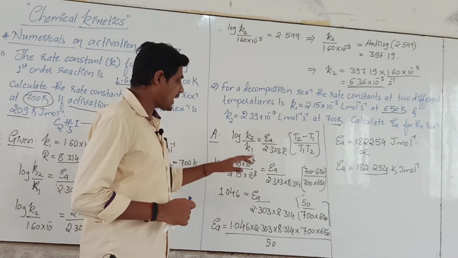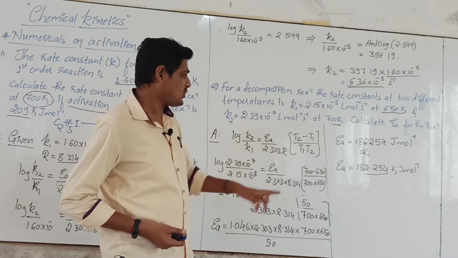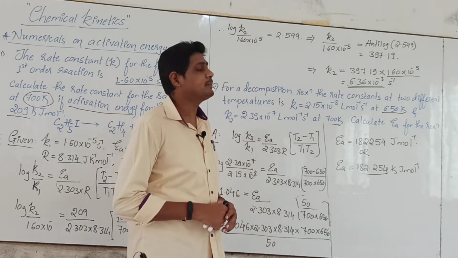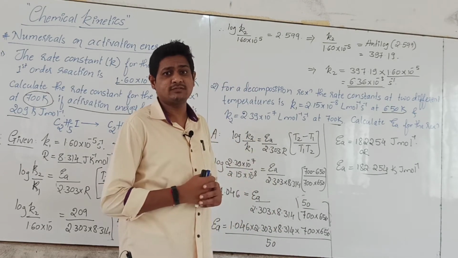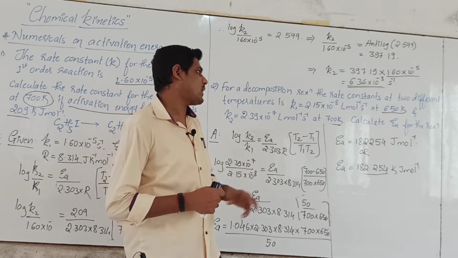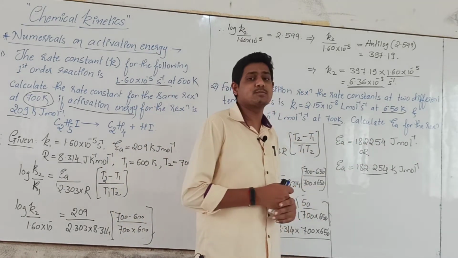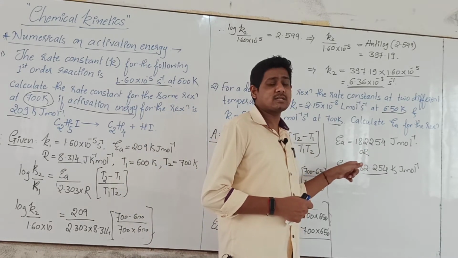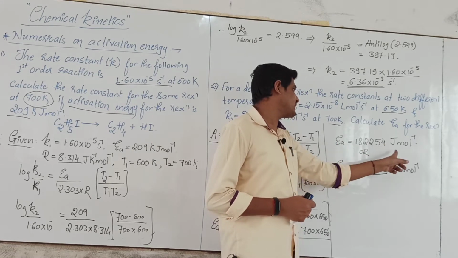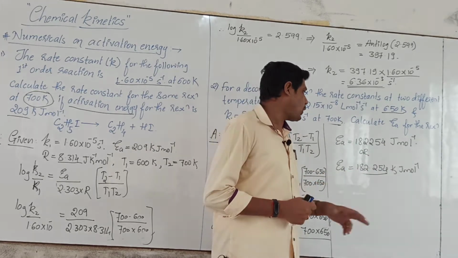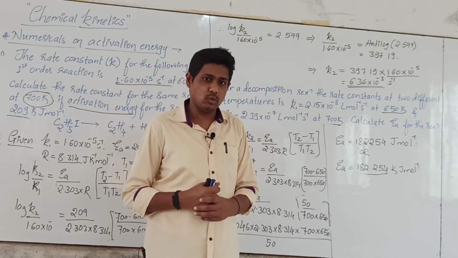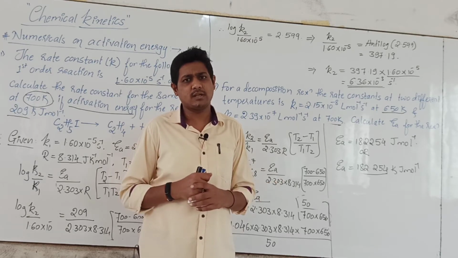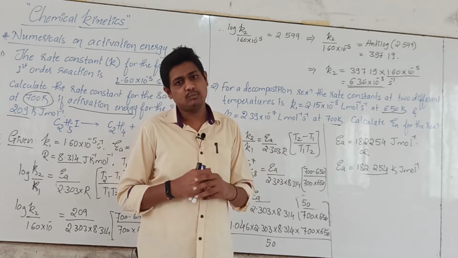On substituting and solving we will get the activation energy as 182254 joules per mole. Now, what is the unit of energy? It is joules per mole. So the activation energy is like this, or you can write it in terms of kilojoules per mole. Kilo means this will be divided by 1000. So when you divide this by 1000, what you will get is 182.254 kilojoules per mole. Okay, so two different problems are there, but very simple problems. Now let us move on to the little bit difficult problems.